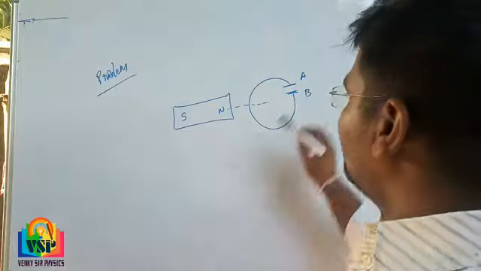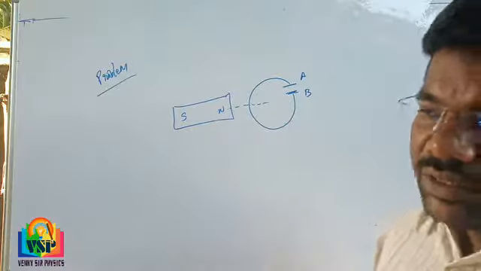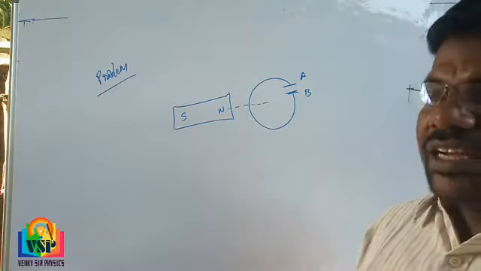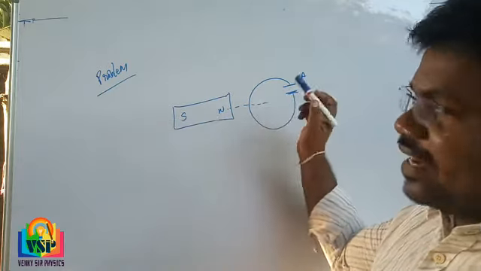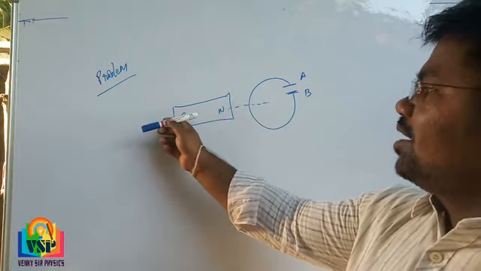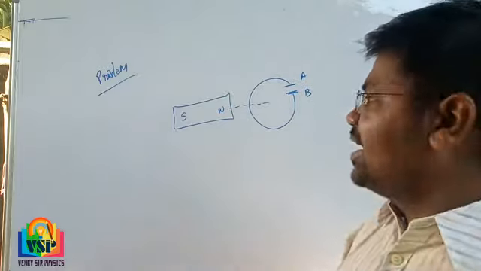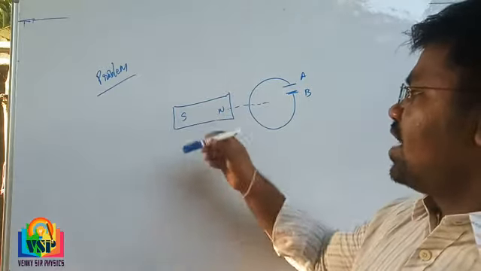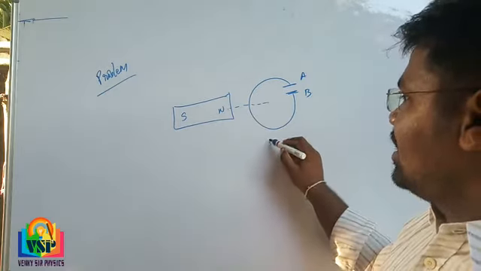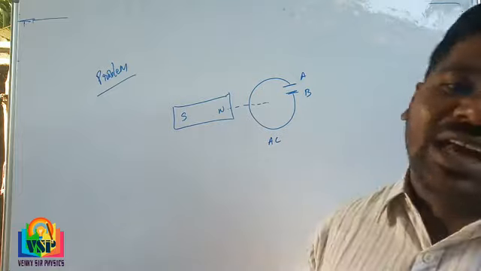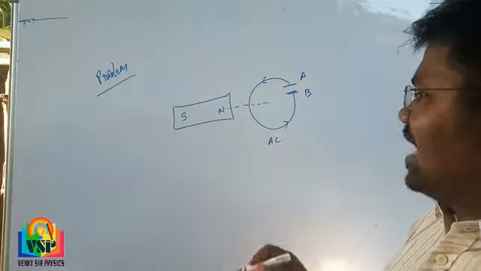Which of the following is positive, which is negative, understand? According to Lenz law, if current generates in the coil, the direction we can find. So with the help of the bar magnet, an induced EMF is generated. So what is the current direction? If north pole approaches the coil, the current is generated in anti-clockwise direction. Anti-clockwise direction means like this.